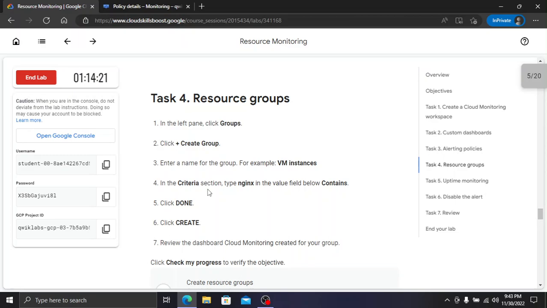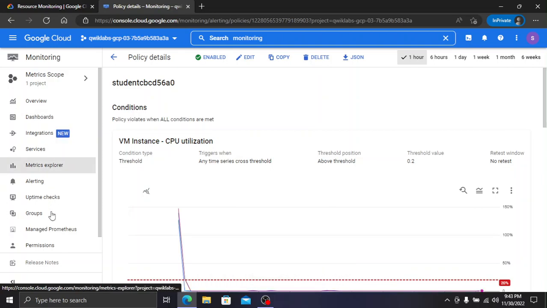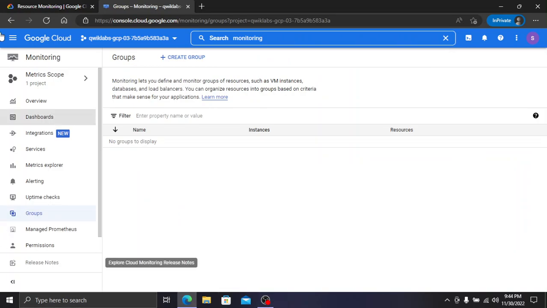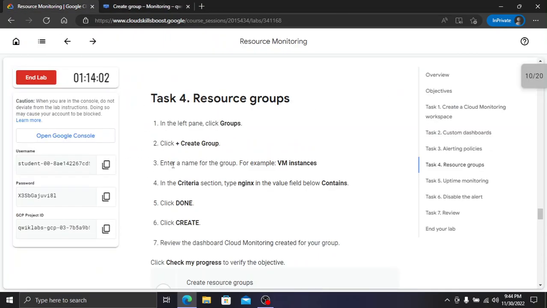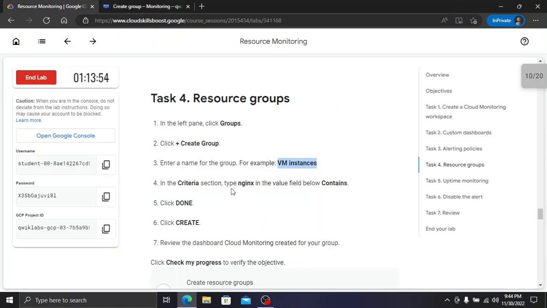Okay, let's go for task 4. Click on the group section. Where is the group section? Yeah, it is here. Click it, and then we have to create a group. Click this create button and enter a name of the group, for example VM instance. So copy this VM instance, paste it there, and in the criteria section type